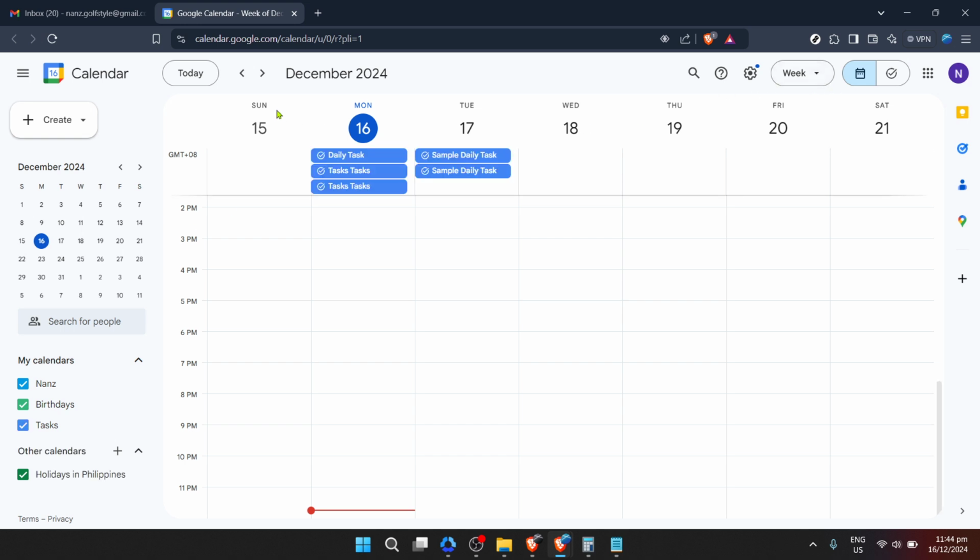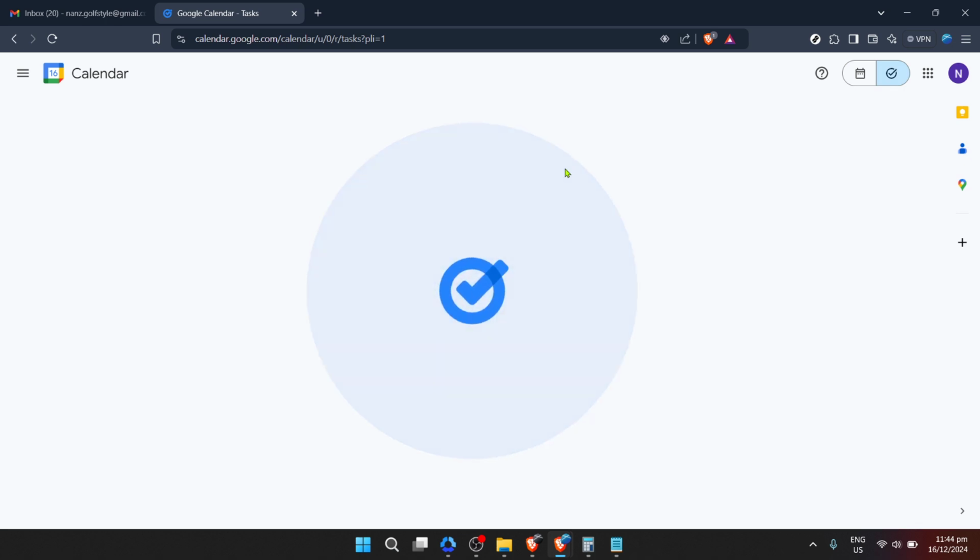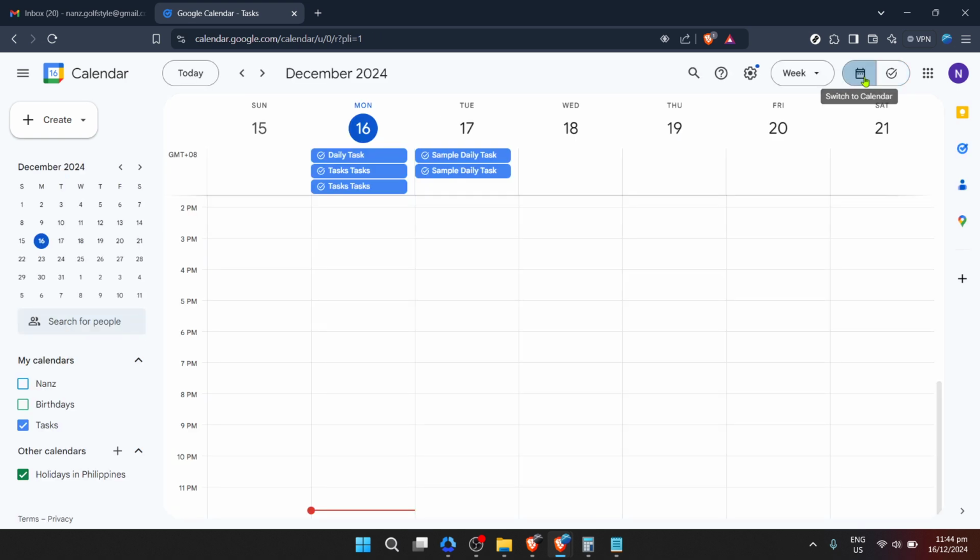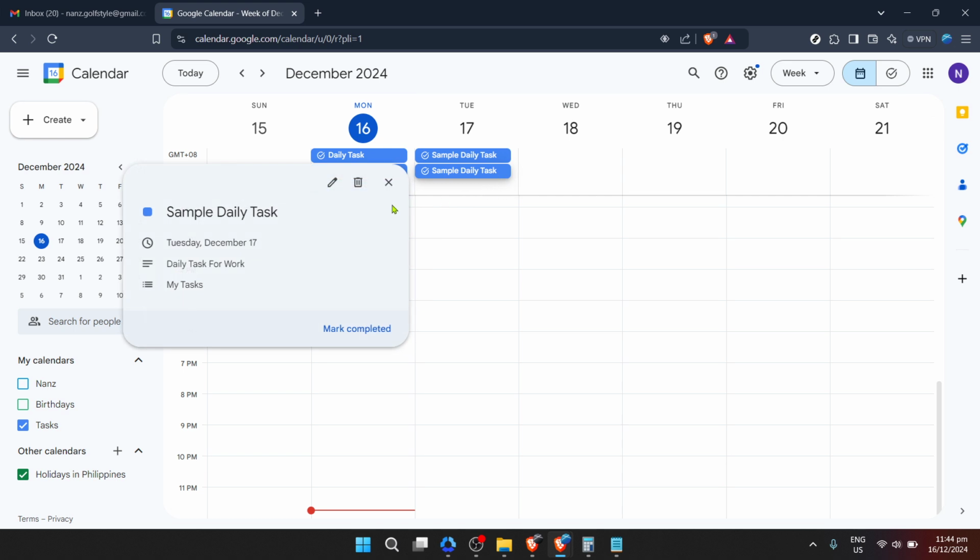This could typically be used to add new events or tasks, but it's also your gateway to viewing existing tasks. Once you have the Create menu open, navigate to the task you wish to remove. Tasks can often blend in with your various appointments and reminders, so take your time to locate the specific task you're aiming to delete. After finding the task, simply click on it. You'll typically see the option to edit or modify the task, but what we're interested in is the option to delete the task. Select Delete, and just like that, the task will be removed from your Google Calendar.